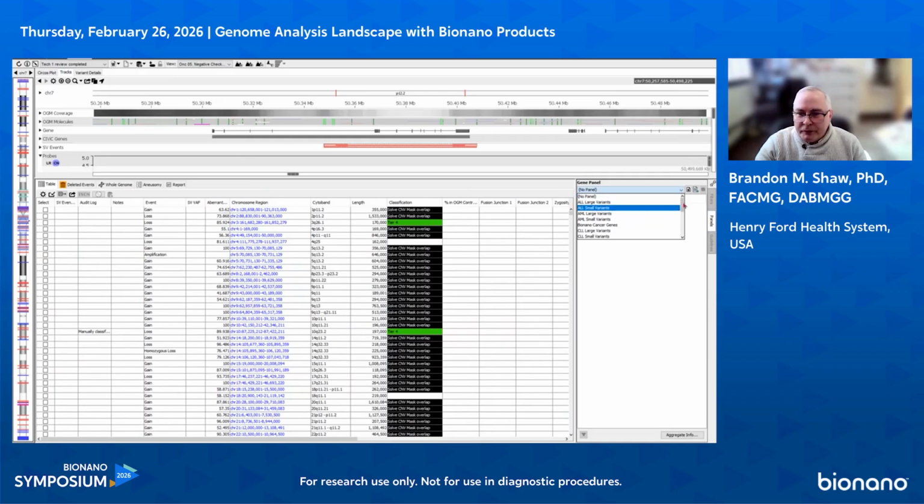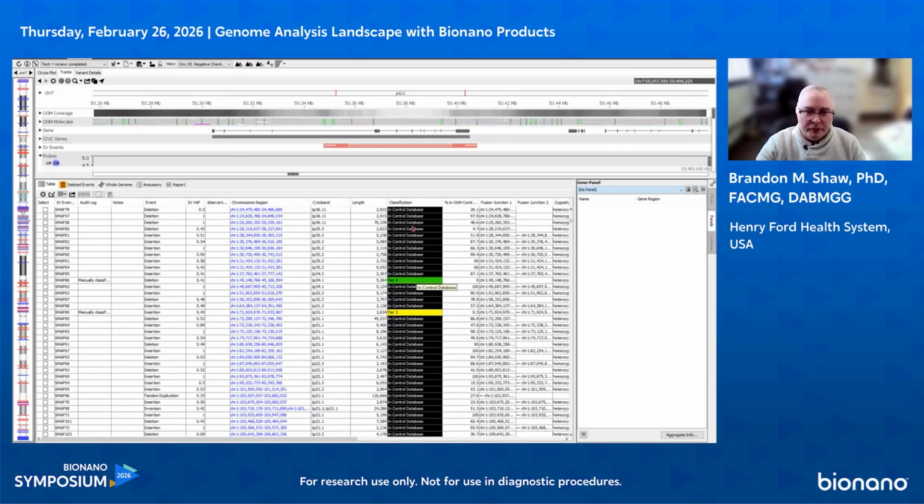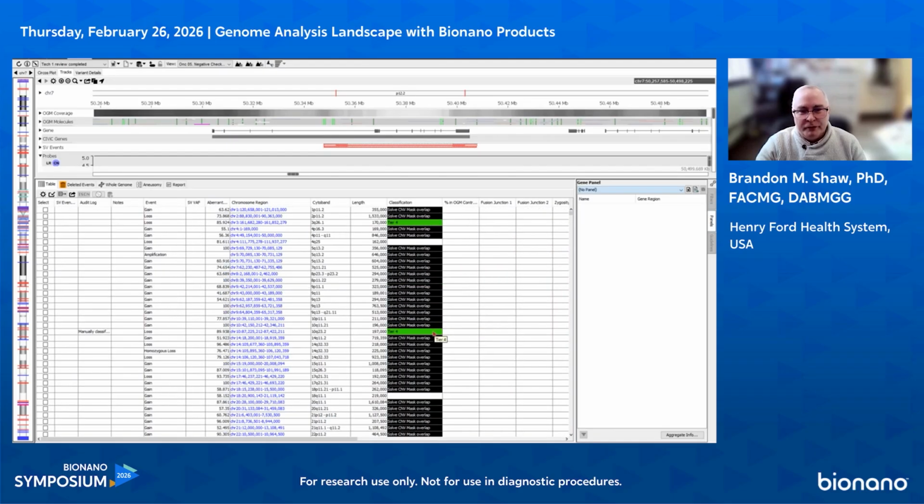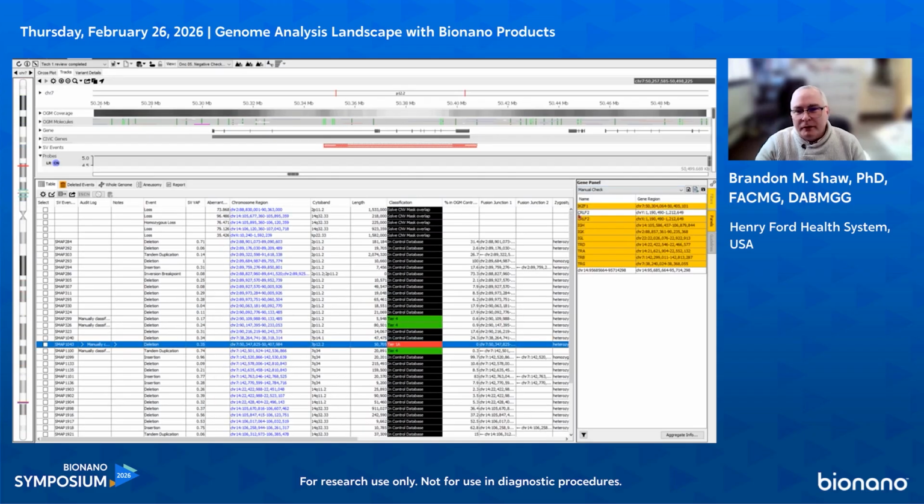But if you apply just this manual check region, and again, I'd like to point out that most of these have already been pre-filtered out by our decision tree, right? Where there's a solved CMV mask, or if they're in the control database, it labels those for you so that you don't necessarily have to go through and review those. But what we like to do is use the manual check panel that is available to us. This is just to go through and look at regions that we know are difficult. Those include